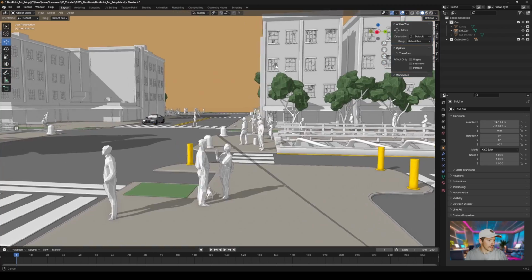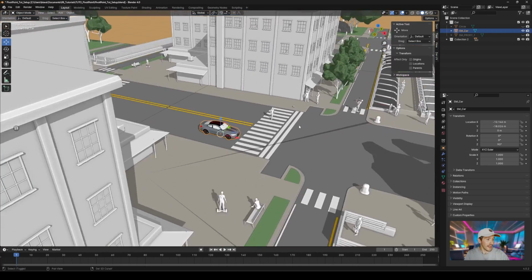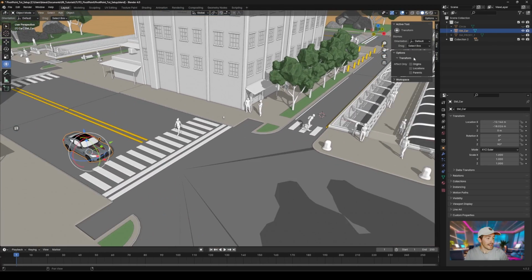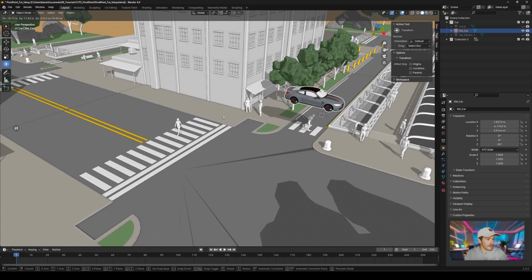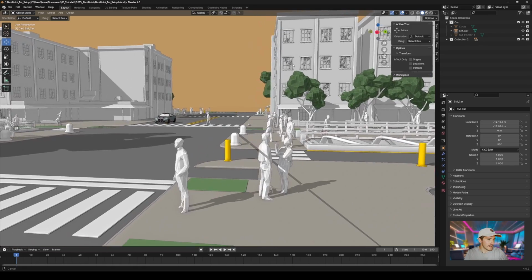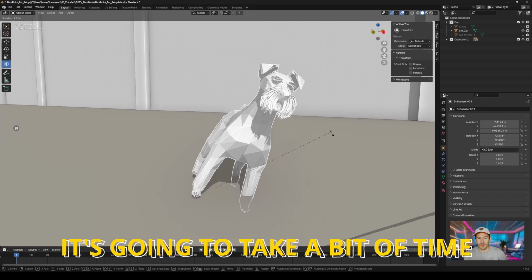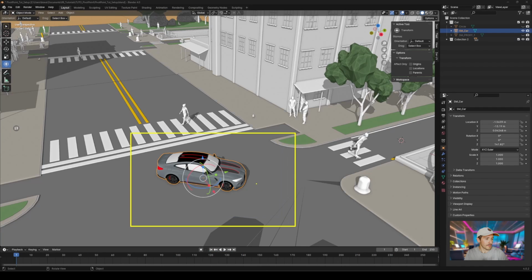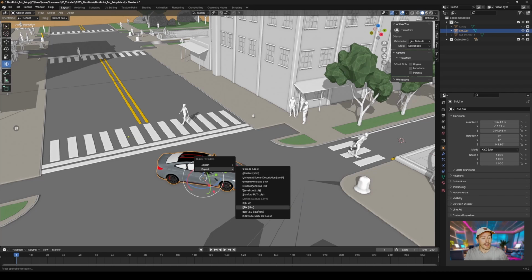In the case of a more complex scene, how do we proceed? Well, it turns out it's not complicated at all. Indeed, let's take for example this object here, which is in line with our general scene but obviously far from our world origin. I don't want to manually move it to Blender's world origin. That wouldn't be the right process here, because you don't want to do it on every asset. If you have a complex scene with hundreds of assets, it's going to take a bit of time. We can export the mesh as it is and directly modify its origin and therefore its pivot point directly in